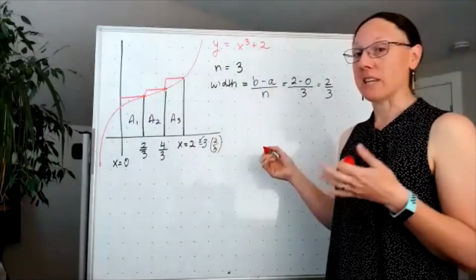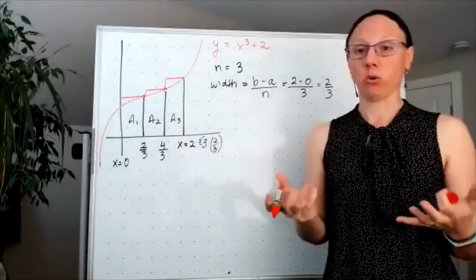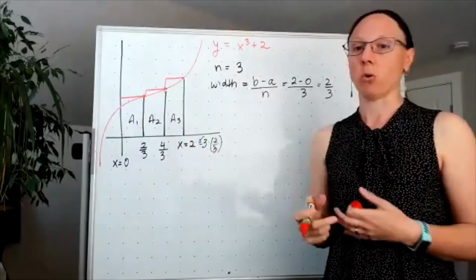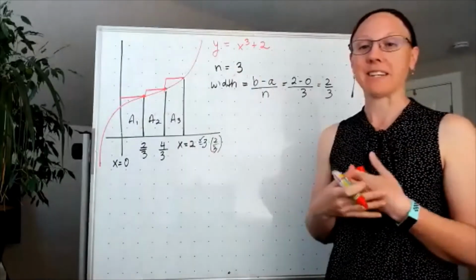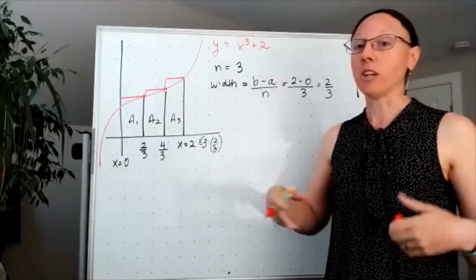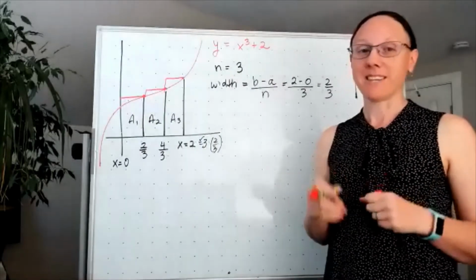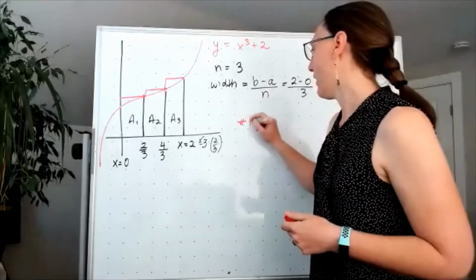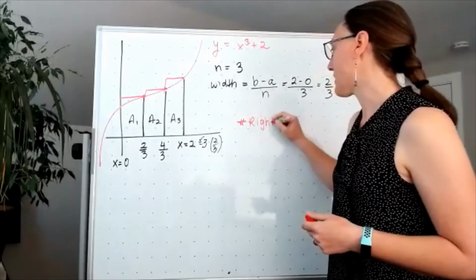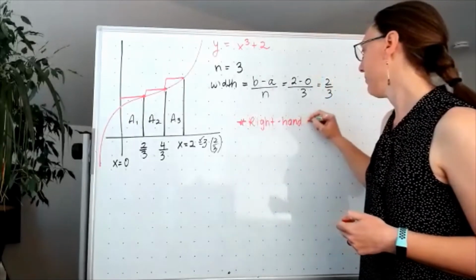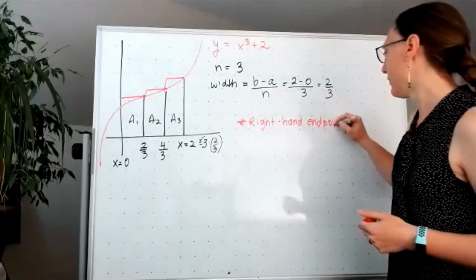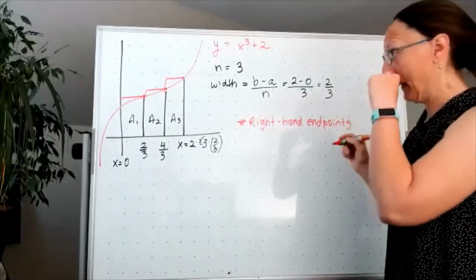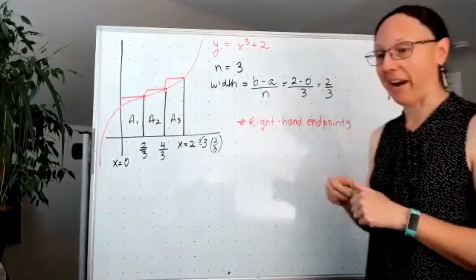Now, in terms of the textbook problems, you're usually told to use left-hand endpoints or you're told to use right-hand endpoints. If it doesn't specify, you can use whatever you want, but the textbook problems all tell us what we're going to use. So if I use right-hand endpoints, then my total area here